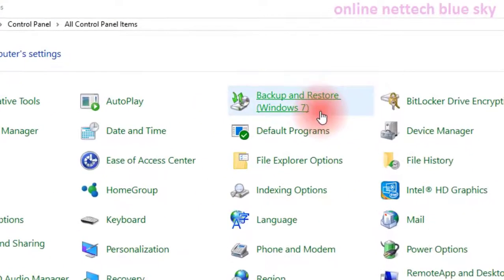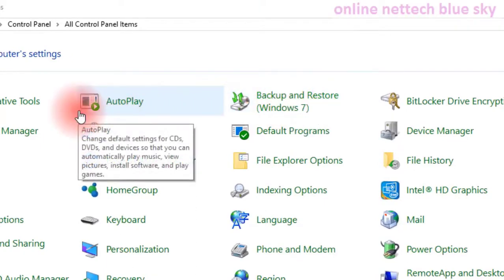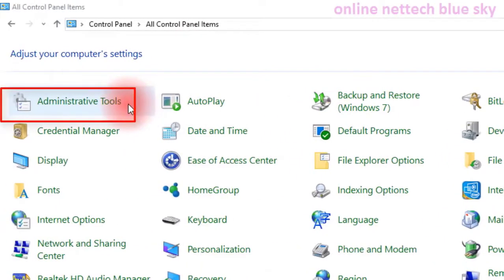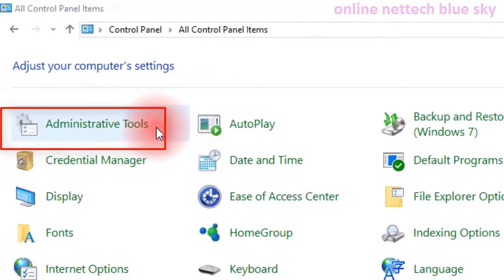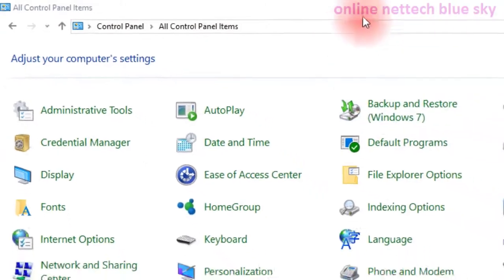So friends, in the last video I discussed backup and restore and the three types of backup, and I already created the backup and restore and administrative tools video. So watch my Control Panel playlist and all of my videos part by part, not starting directly. Watch them one by one, part by part, and this is very important for you. I'm showing you in detail with knowledge and practical.